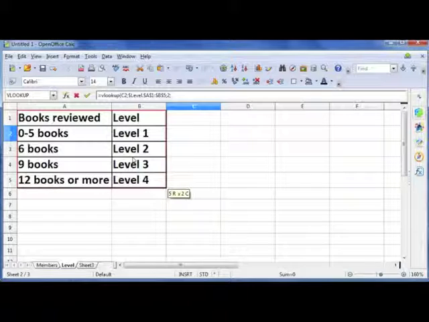Okay, so true is used if there's a range of values that has to be considered, and false is for specific values. And in this case, we're working with a range because, for instance, for level 1, it can be 0, 1, 2, 3, 4, or 5. For level 2, it can be 6, 7, 8. For level 3, it's 9, 10, 11. And for level 4, it can be 12 books or more, so 12, 13, 14, etc. Okay, so in this case, I'm going to type in true, then close your bracket, and then press enter, and